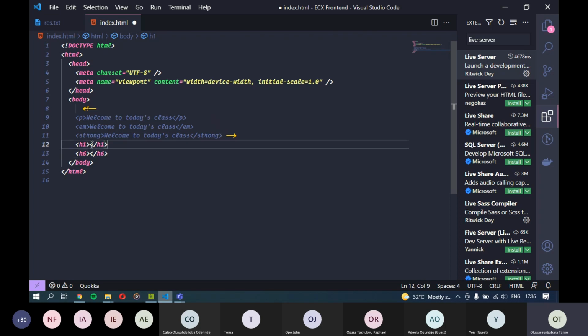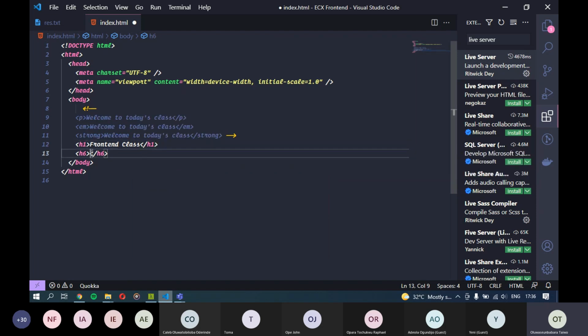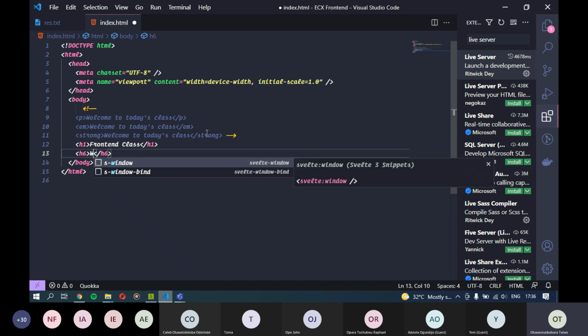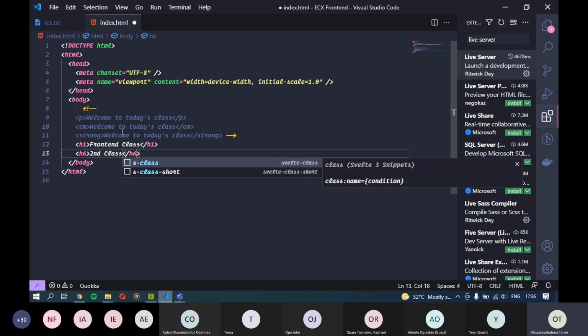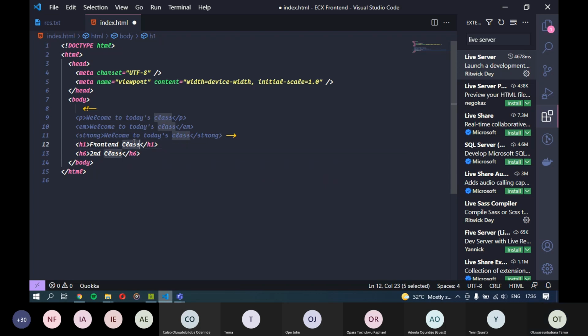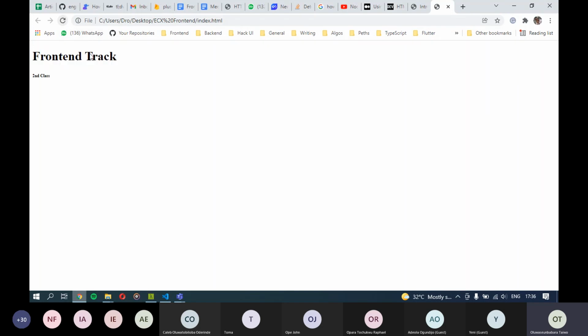So if I have, let me say, front end class, and today, I think today's class is the second class. So that's second class. Okay, let me say front end track. If I save this now and I go back to my browser and refresh, then as you can see, front end track and second class.